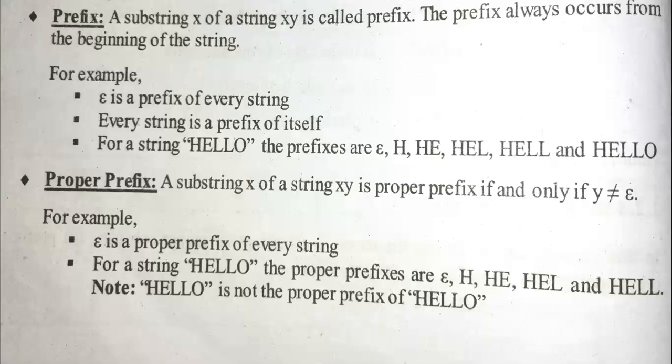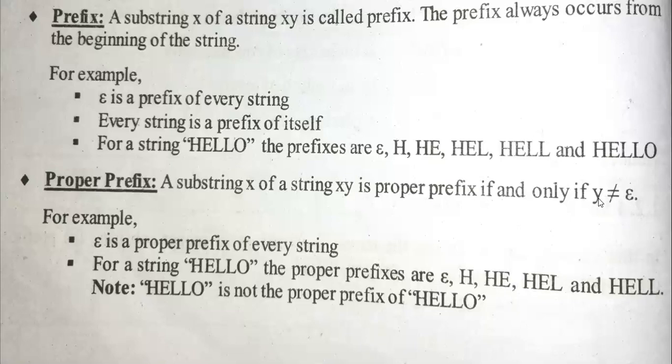Here, the same condition is followed. We begin with epsilon. For the string hello, the proper prefixes are epsilon, H, HE, HEL, HELL. But we are not including hello. If you mention HELLO as a prefix,